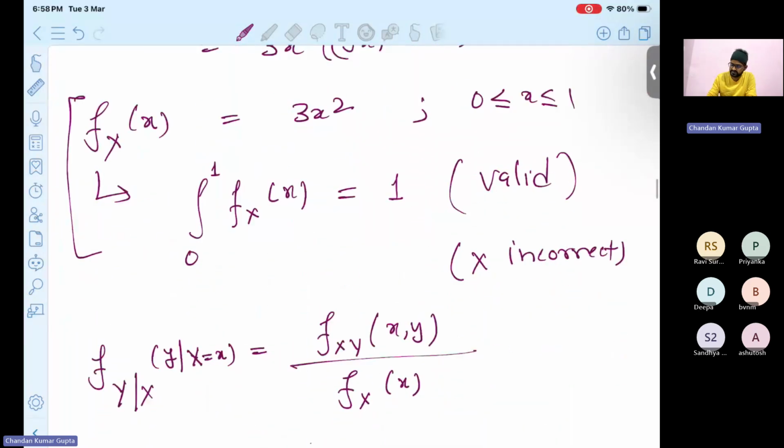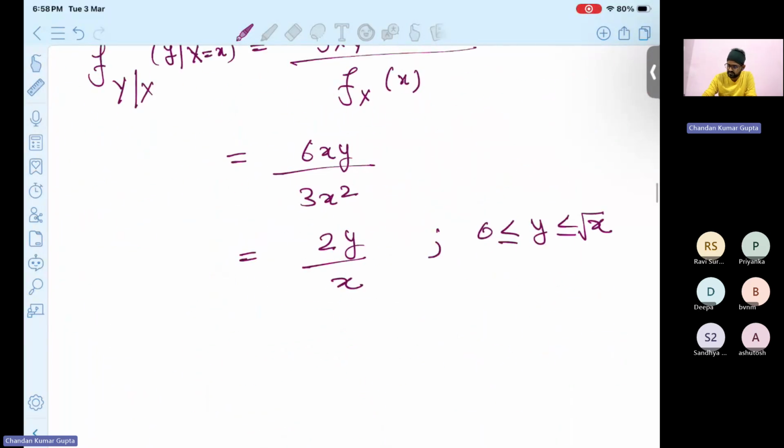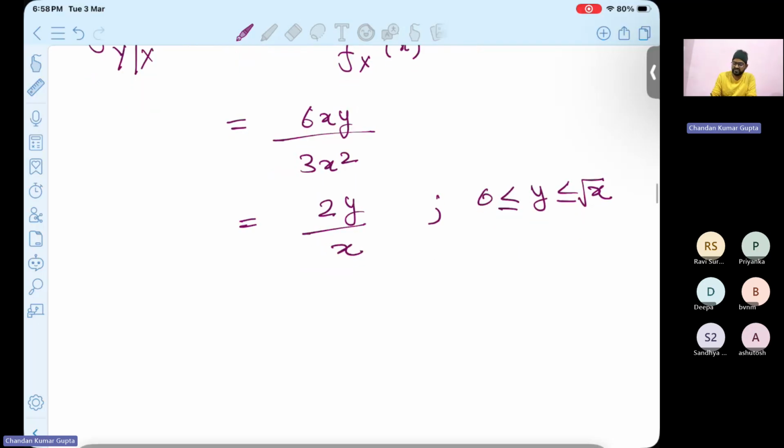Root y, sorry, it's root x, not root y. y goes from 0 to root x. So this is our conditional distribution of y given x. Now the last step is to find the expected value of y given x, which is